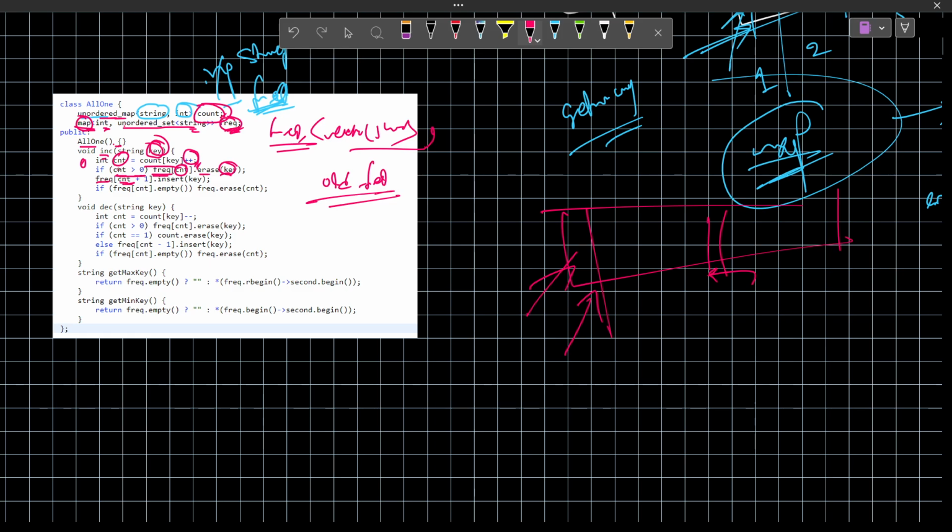Current count means the old frequency, plus 1 will give the new frequency. So what is it doing? That particular new frequency we are storing in the frequency map, and we are inserting the current input string. Okay,